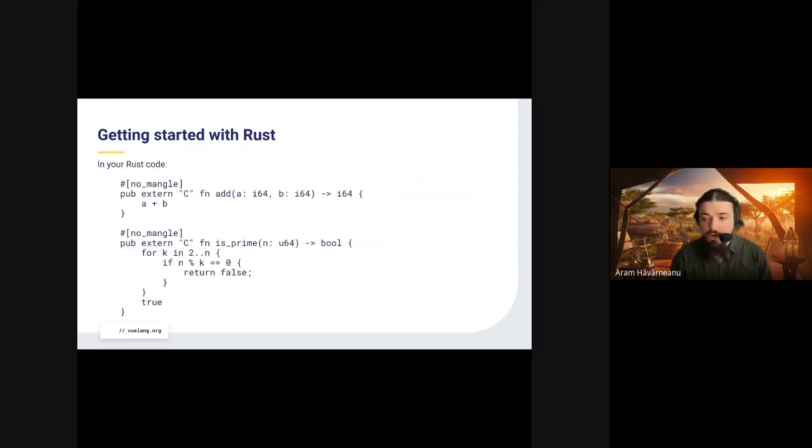In terms of the code, this is an example. We're just having two functions here. The first one adds two numbers. The second one checks if a number is prime or not. But you can see there's a lot of extra syntax and noise that you have to put there, unfortunately. So let's look at that a little bit. The first one, the no_mangle annotation. Rust has annotations, kind of the same way that Q has annotations. So that's a